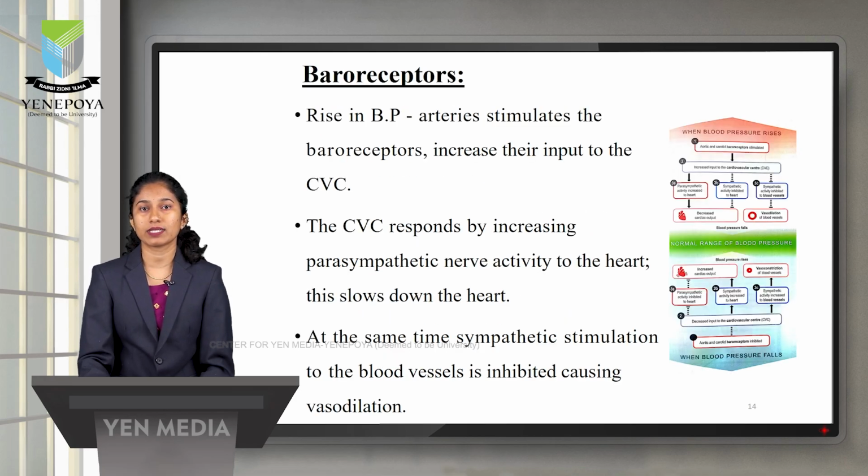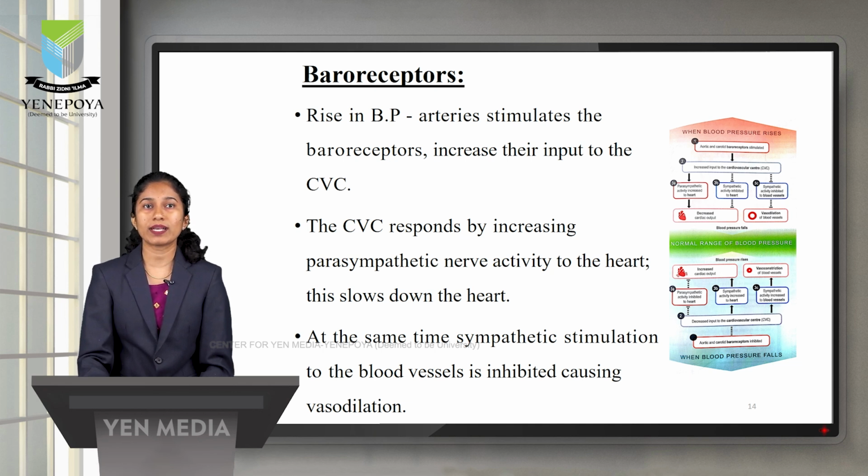Coming to the baroreceptors. So these baroreceptors, they are the pressure sensitive nerve endings. They are present in the carotid sinus and the aortic arch. Their job is to detect the variations or changes in the blood pressure. So if the BP rises, the artery stimulates the baroreceptors, and these baroreceptors send the nerve signal to the cardiovascular